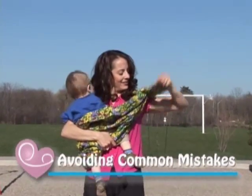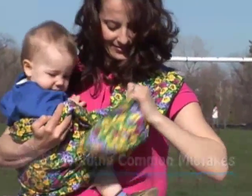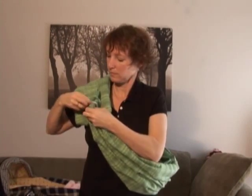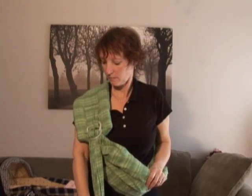If you find you can't adjust the tail, support your baby's weight with one hand and pull out and down to adjust the sling. If you find the fabric is twisted in the rings, inspect the sling before putting it on to make sure the tail is flat, coming through the rings with the bar